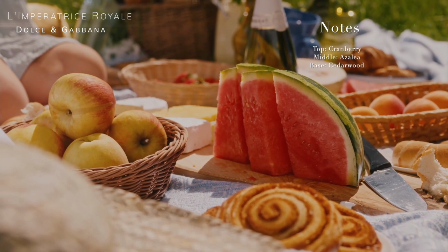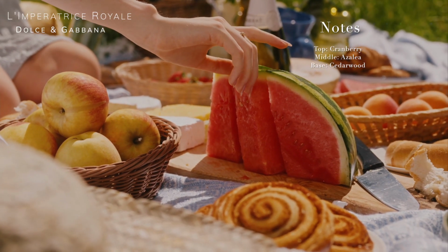It's juicy and fruity. The key note that they focus on is cranberry, but it does still give that nuance of the original, like the fruit baskets, like the watermelon and the kiwi and the strawberry, all of them put together. I know for a fact there's kiwi in here, and I know for a fact there's watermelon in here. They just didn't list all the notes. It is a fruit basket just like the OG, but they're saying they're highlighting cranberry, but in reality, it's all of the fruits that was in the last one,